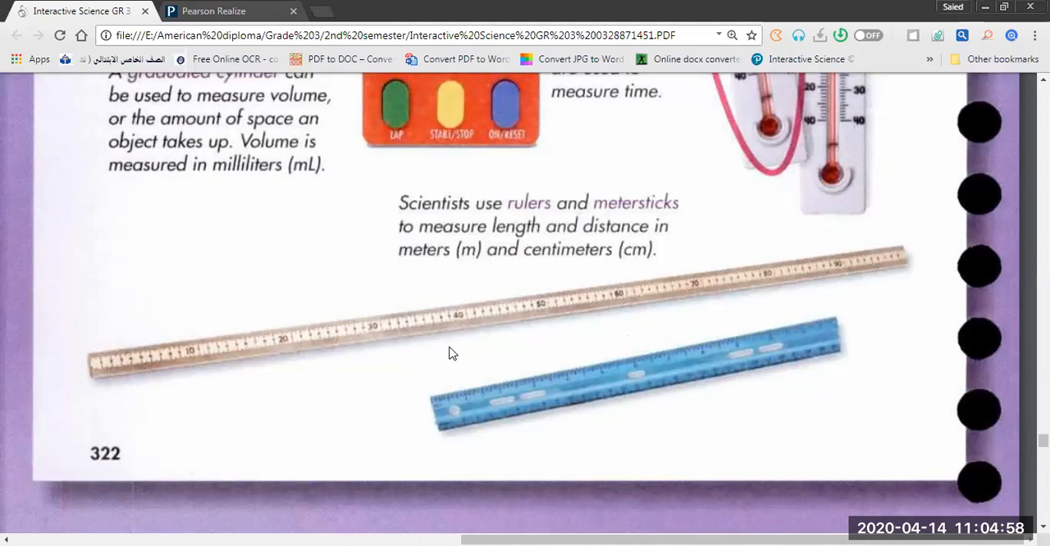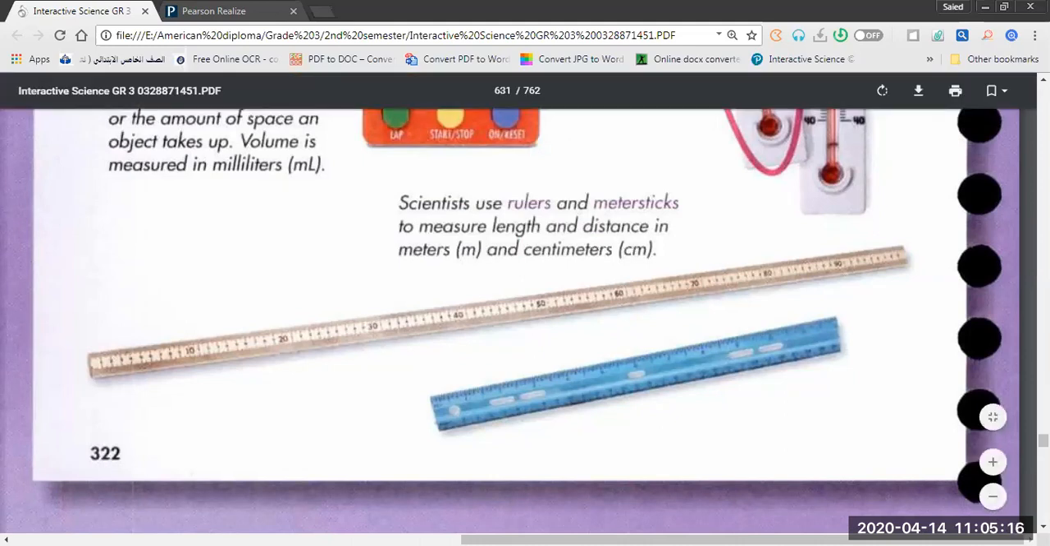But the meter stick is used to measure large lengths, like if you want to measure the length of a wall or door or anything that is so high or has a very large length. Okay. In the next page,